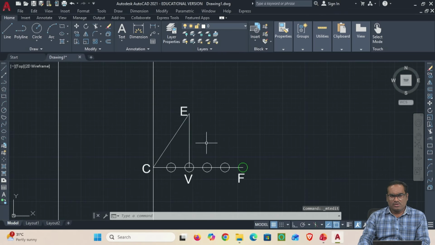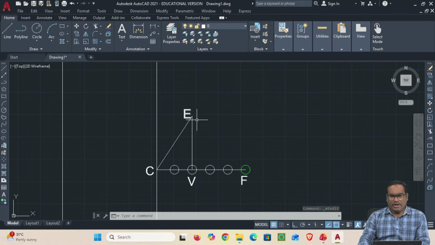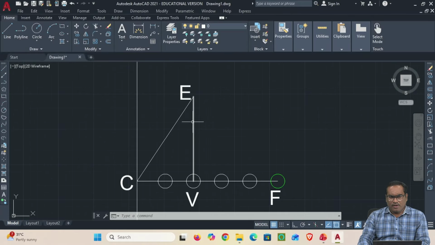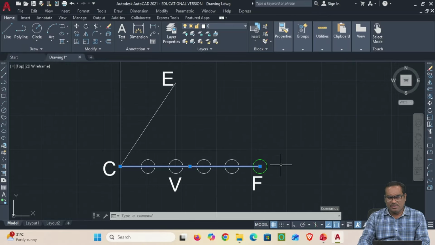VE. Okay. So now what you can do is, from V onwards, draw a vertical line 15 mm from V. Before that, you extend this V, the CF line. Select the line and lengthen. Okay. You lengthen it